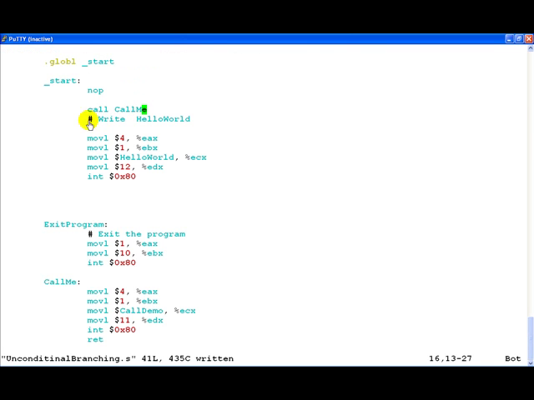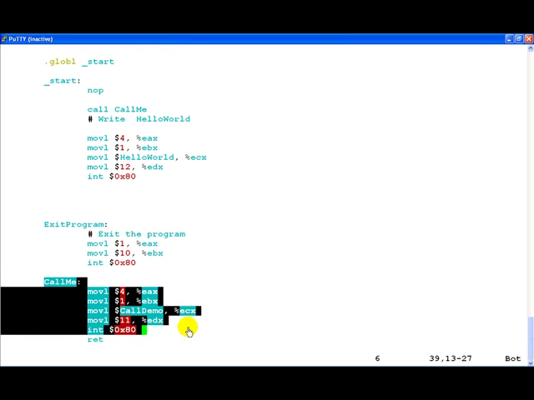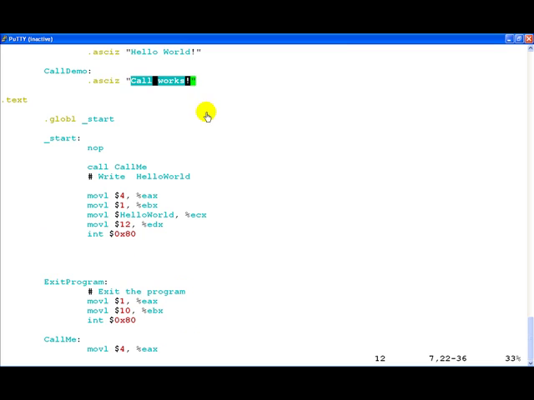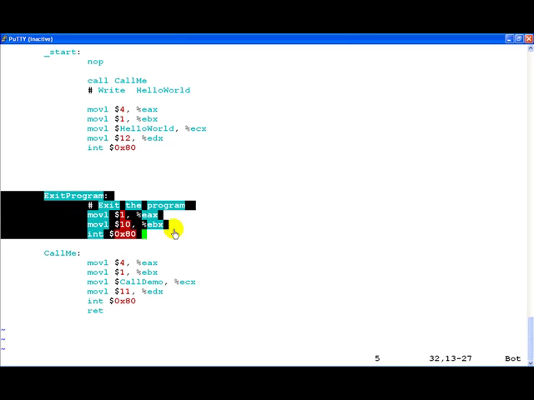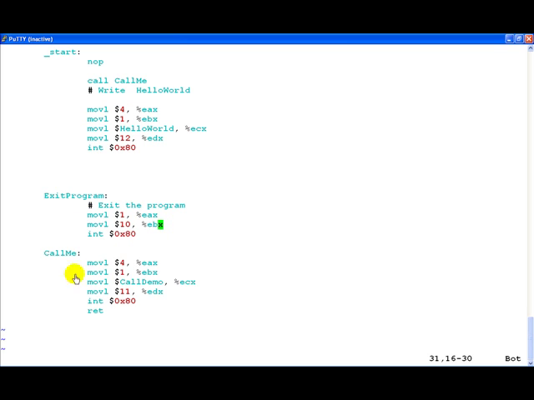Why is this happening? If you look at the code, it first calls call me, and this is where we print the call works text. Then, once you hit the return statement and control comes back, immediately the write hello world series of instructions is executed, after which the program exits. This is a very simple example, because of which we have not done some important things which generally should be done while using call, such as saving the value of EBP, etc. However, we will look into that in later videos.